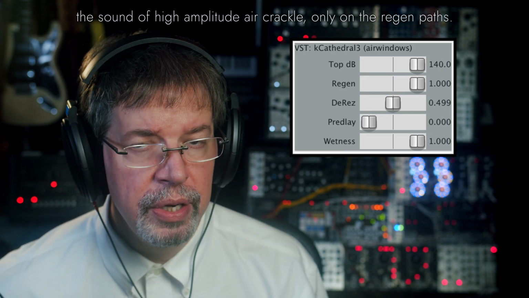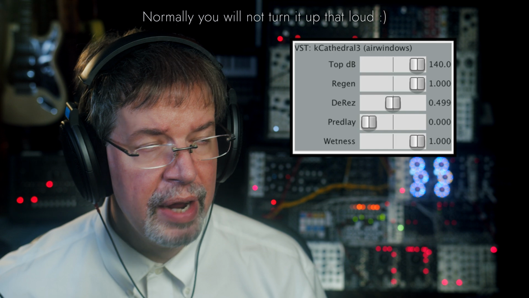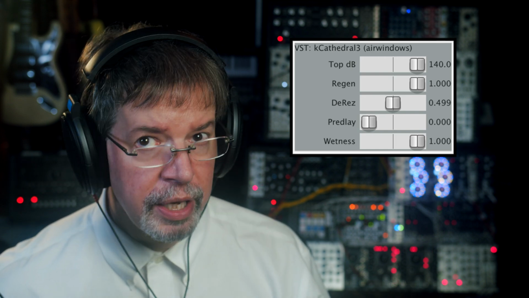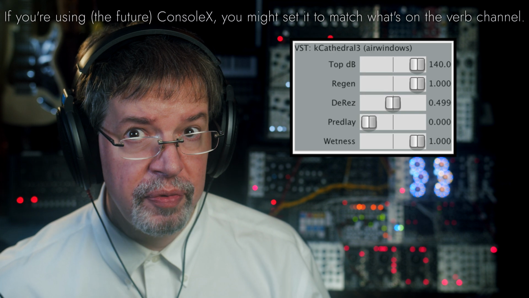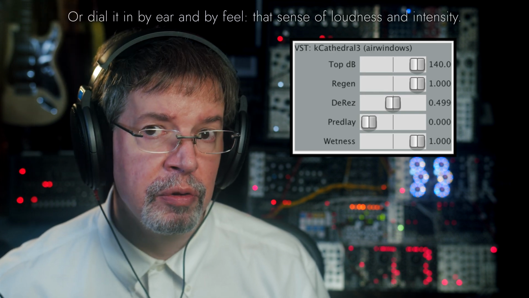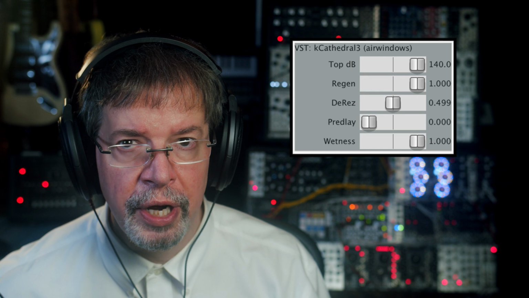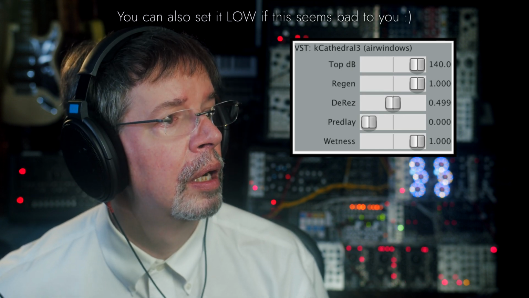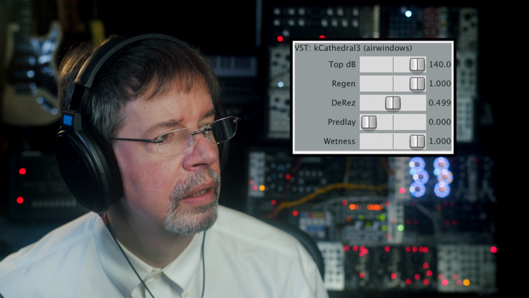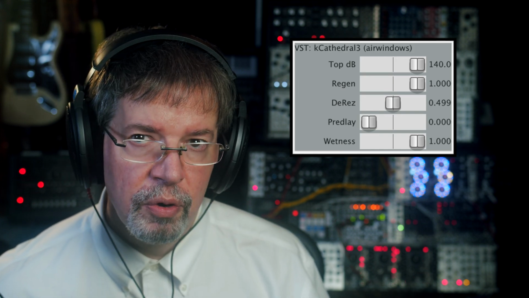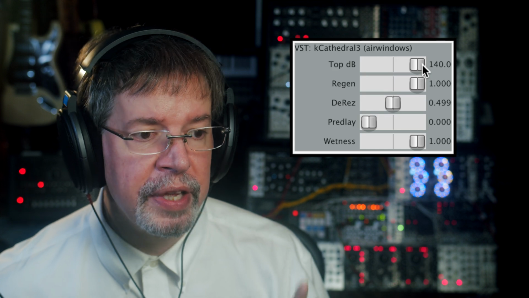So we can turn the regeneration, we can turn top dB up on the regeneration, even when it's a very large regeneration, to apply this sort of extreme volume distortion sound to only the feedback of the reverb. For the rest of it, I have a separate discontinuity plugin that you can use. So you could put just discontinuity on the whole thing. This is where you get to put discontinuity on only the feedback inside the reverb. So if you had the sound that we're making apparently at 140 dB with the air crackling away like crazy,